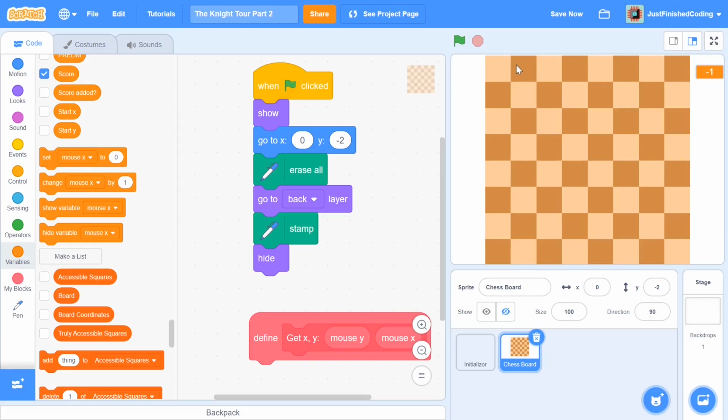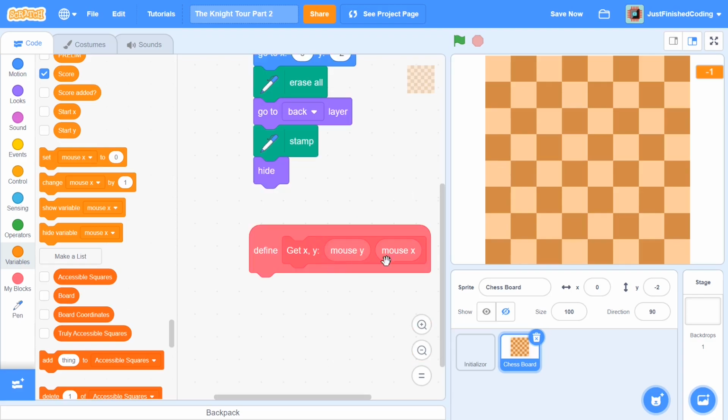Alright, so the coordinate on the top left is going to be 1 comma 1, and this is going to be 1 comma 2 if you're following my mouse pointer. Now if you really think about it, the thing which is changing our y value, assuming our coordinates are in the form x comma y, is not our y value along our axis, but the x value along our axis. So the y coordinate is influenced by the x-axis, and the x-axis influences the y coordinate. Not sure if I'm making any sense here, but basically that's what makes us use these things in opposite order.